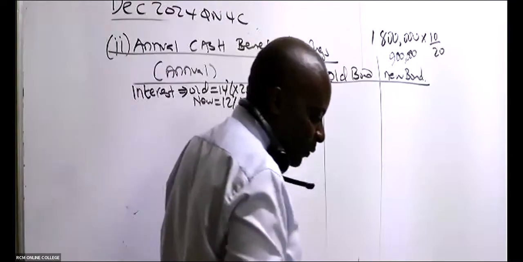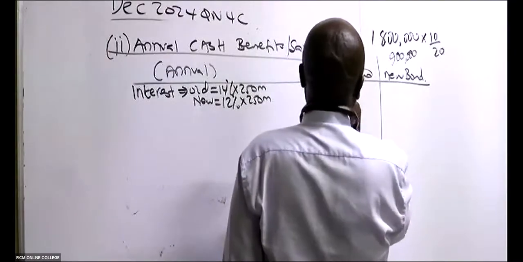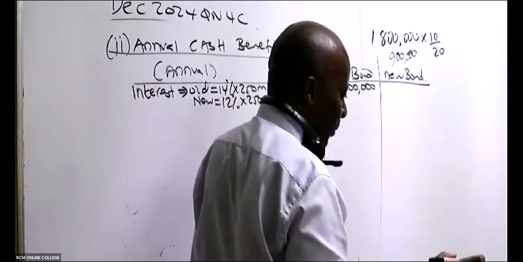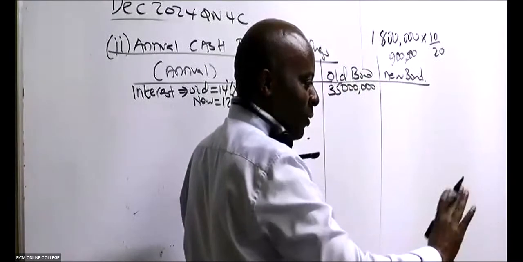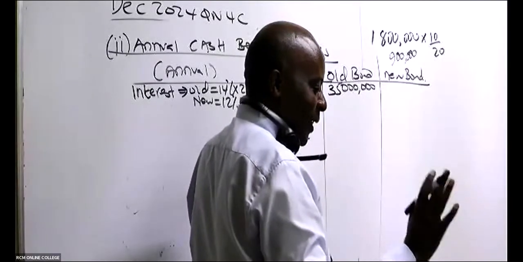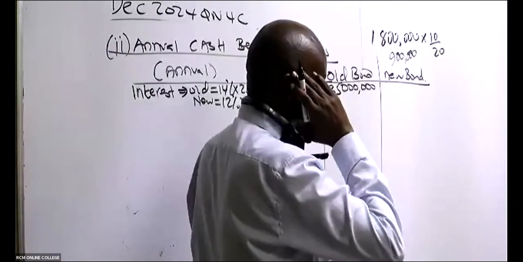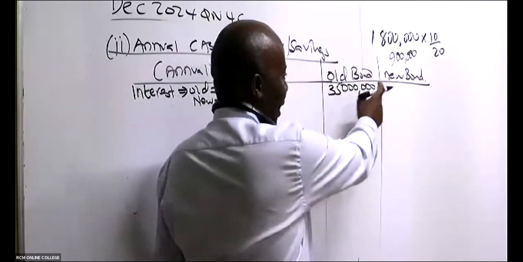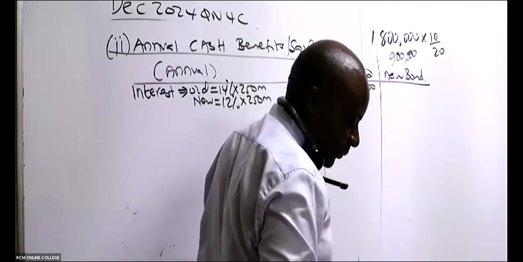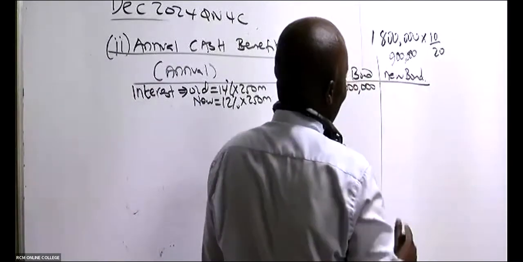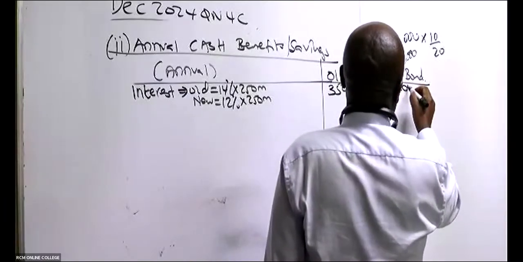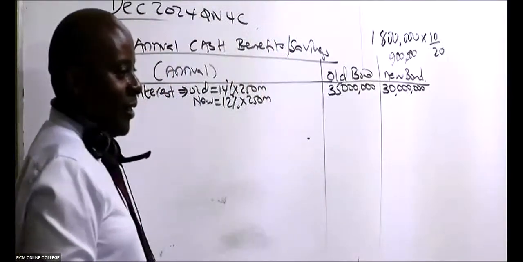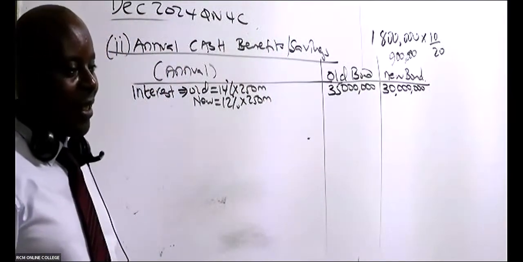The first one I'm being told is 35 million. I forgot your names. What I know is Mwanarusi, that one I'll never forget. You say Sahau. Your name is Ivy or Irene? Ivy, you say Sahau. You got 35 million. How about the new bond? 30 million, right? Thank you very much.